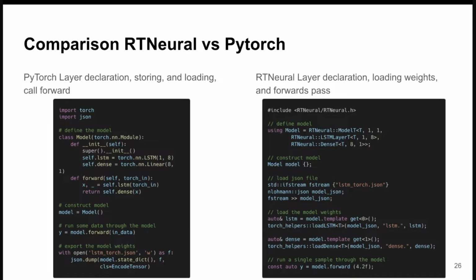On the C++ side, we're going to do the same thing in a slightly different order. So first, we're going to define our model, and you'll see that it's defined as a type. So the idea here is that the actual data flow through the model is encoded in the type at compile time. Then we'll construct the model, and now we're going to load the weights from the JSON file. So we have to load the JSON file into this C++ JSON representation. And then from there, we can actually load the weights directly into the layers. And then finally, at the bottom there, we can call this forward function on our model and put some data through it. And that's the idea.